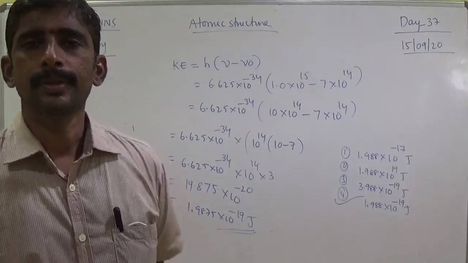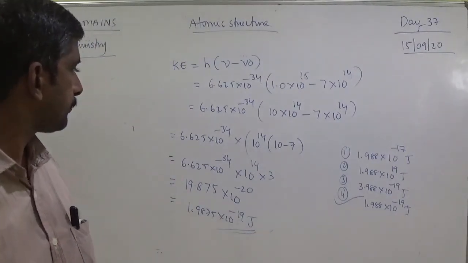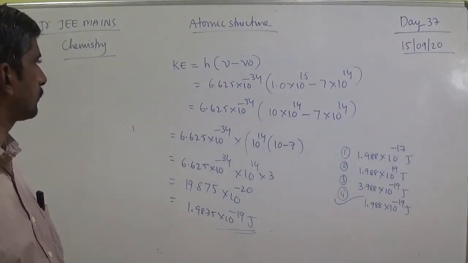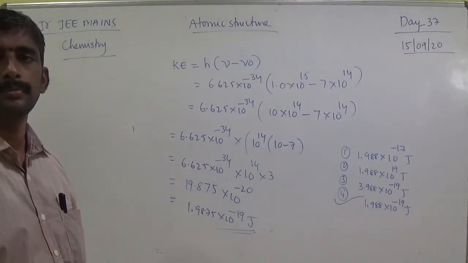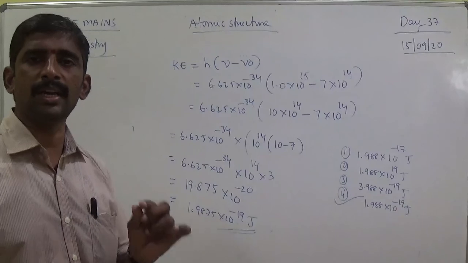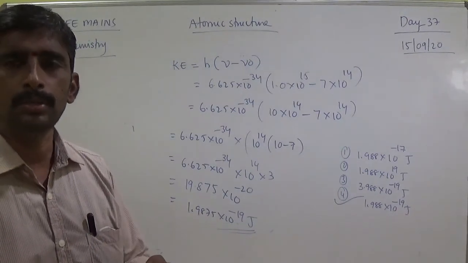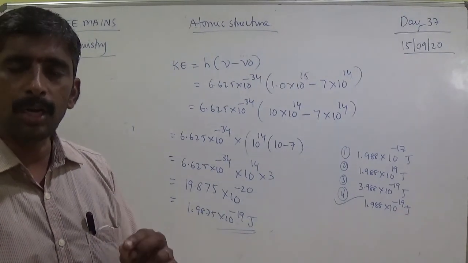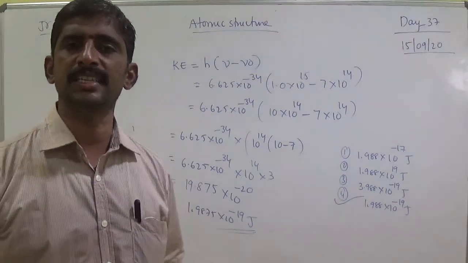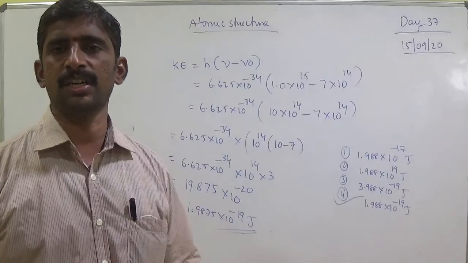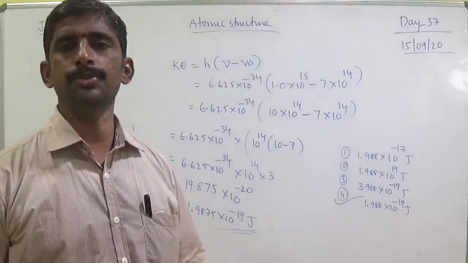Okay, write down. Simple form of the photoelectric effect: hν = hν₀ + K, that is, hν = W + K. Here K means kinetic energy, and W means work function. Work function W = hν₀.